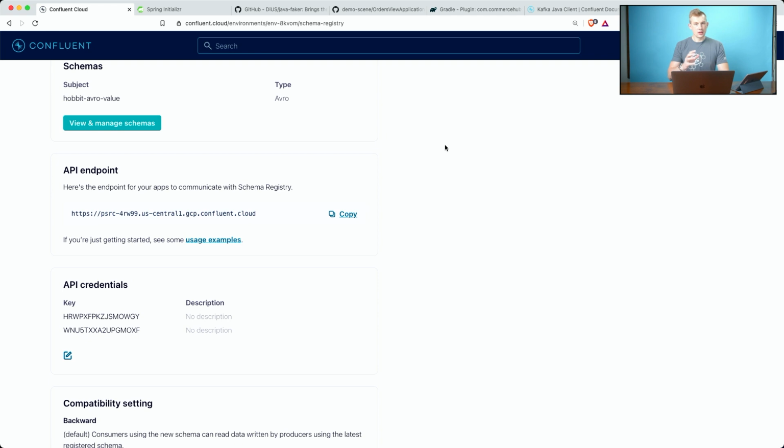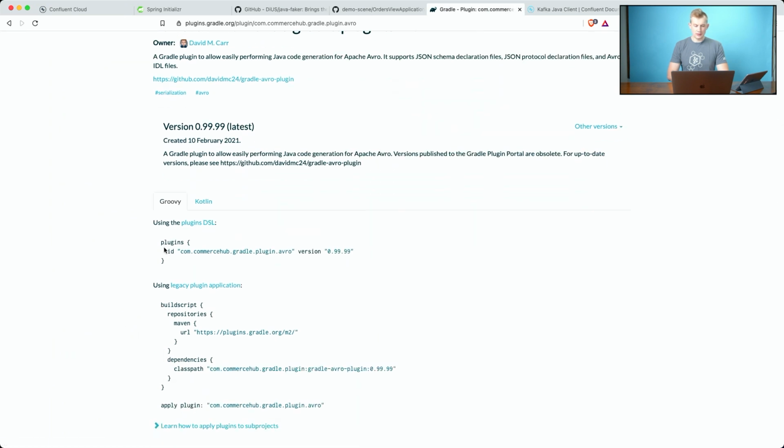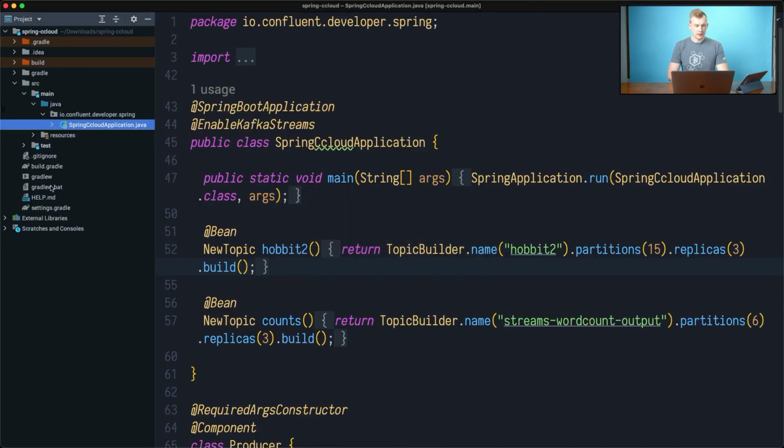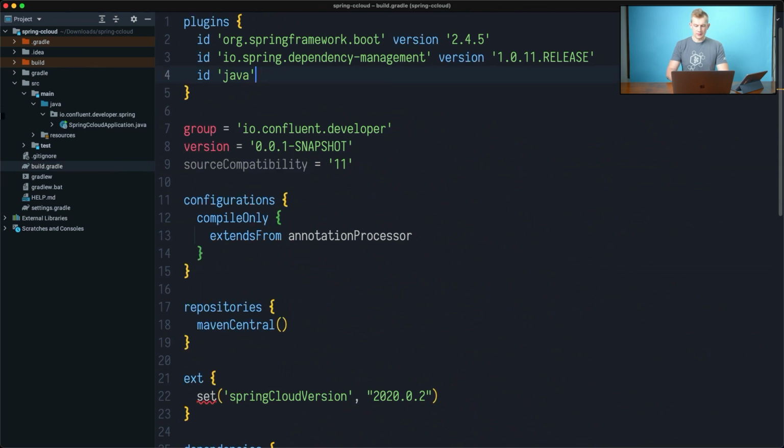Next thing is that we also need to use a plugin that allows us to generate Java POJOs out of Avro schema. In this case, we're going to be using this Avro Gradle plugin. We're going to copy this piece into our build script. So we'll go into the build.gradle, find the section about plugins.